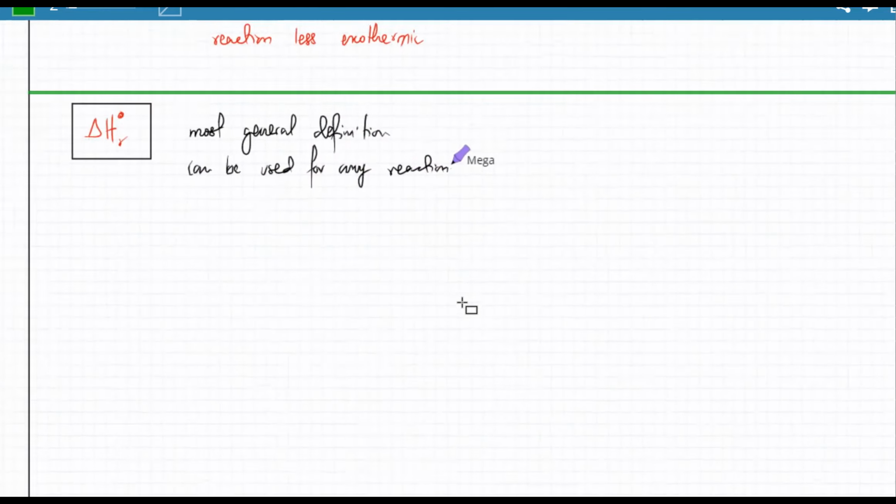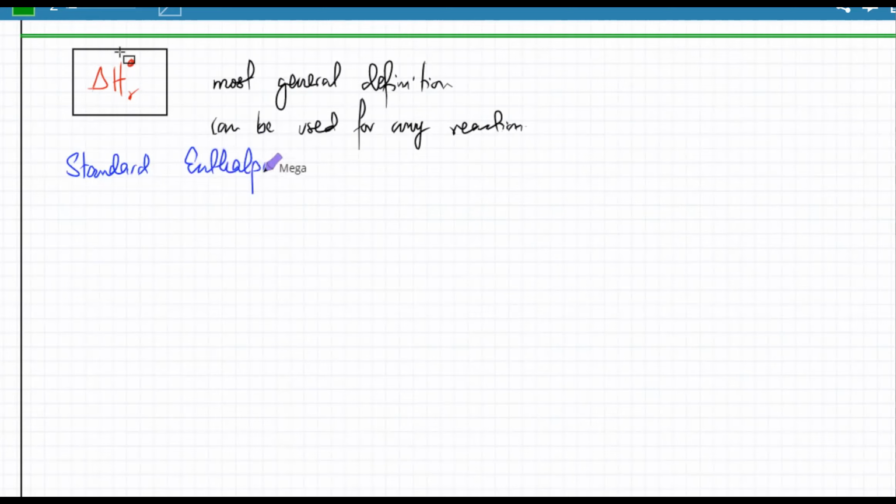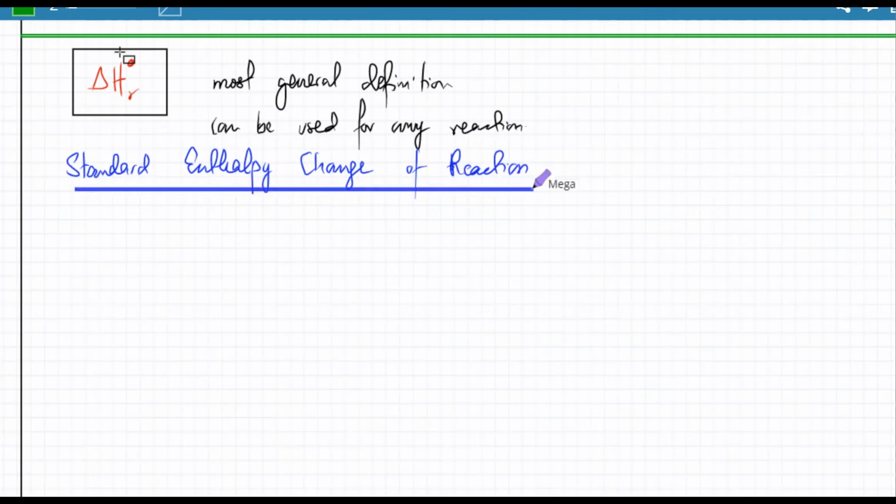So enthalpy change of reaction is the energy released or absorbed. Remember, you can call any enthalpy change the standard enthalpy change of reaction. Let me write that down. This is standard enthalpy change of reaction. What happens in standard enthalpy change of reaction is that it could be endo, it could be exo. So it's the energy released or absorbed